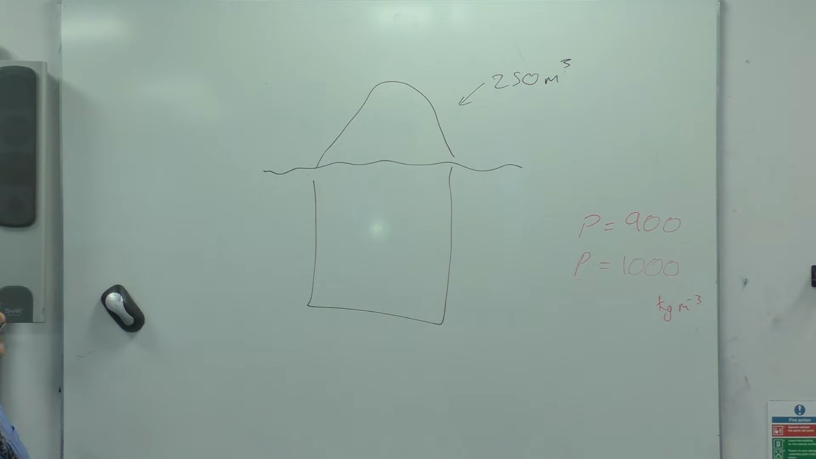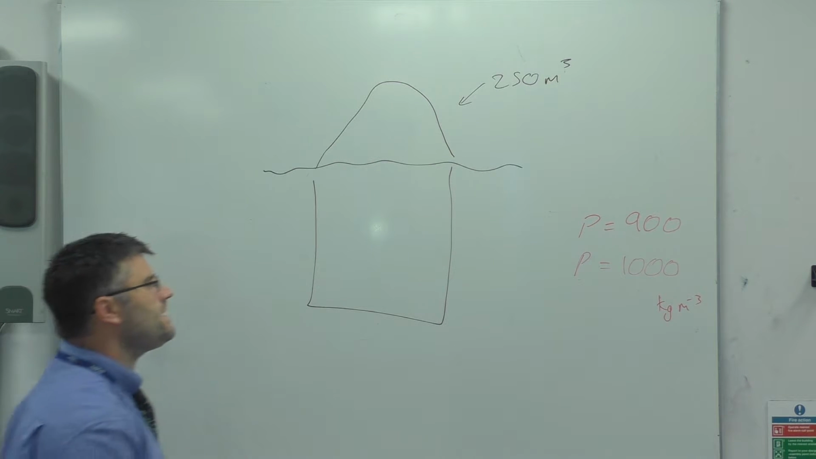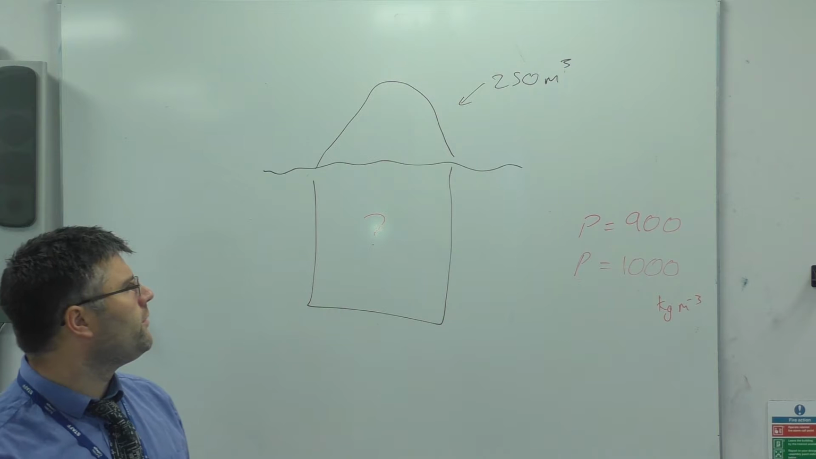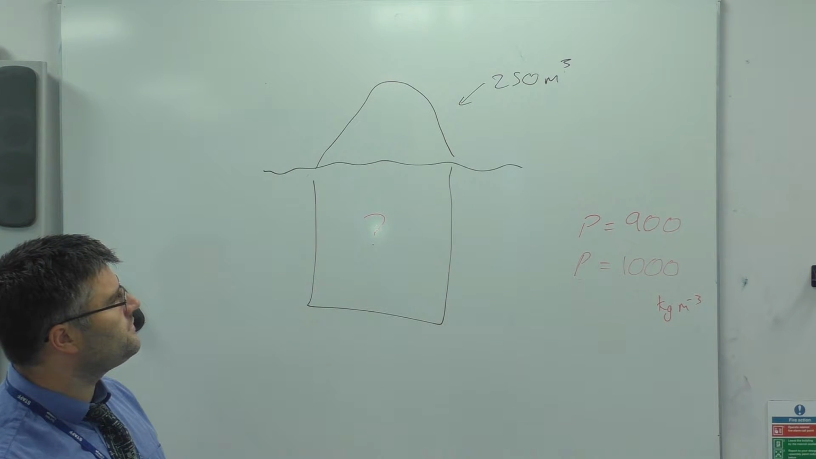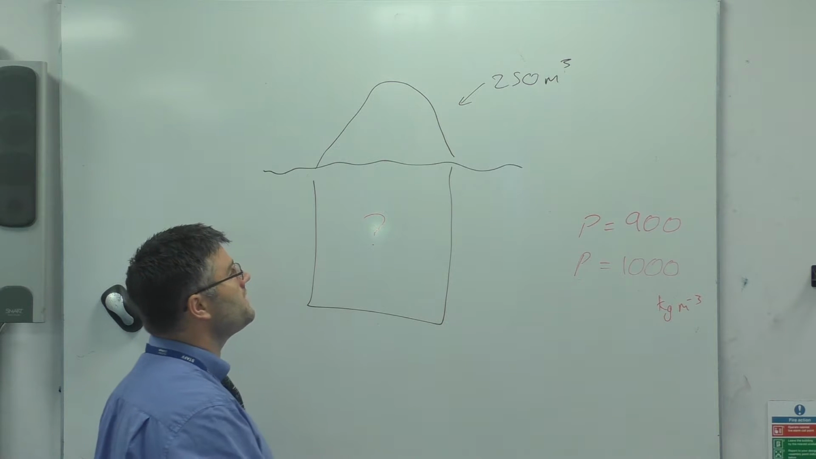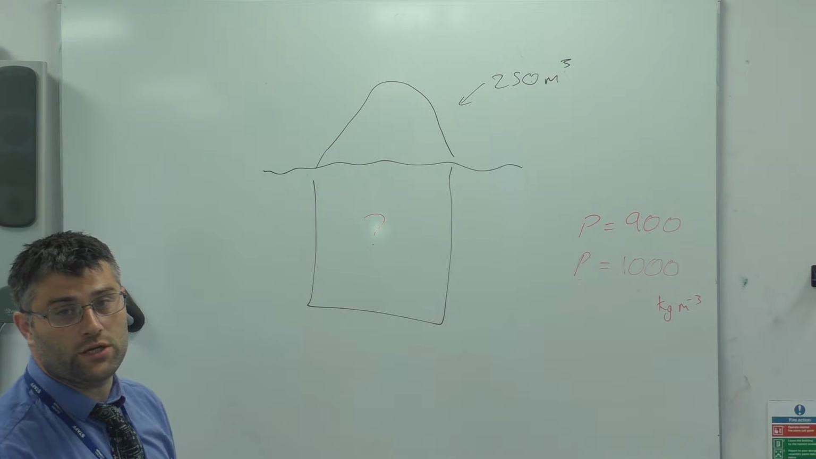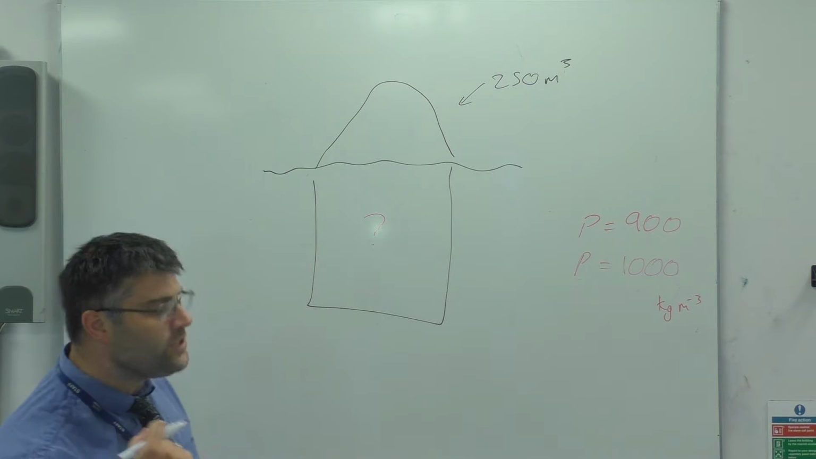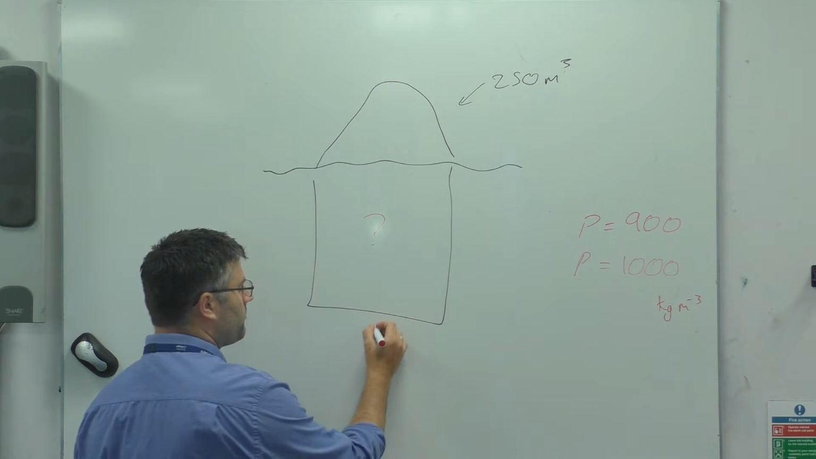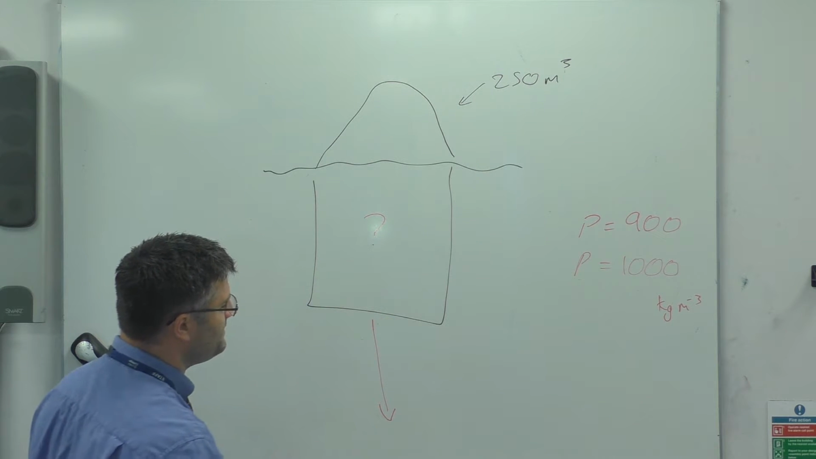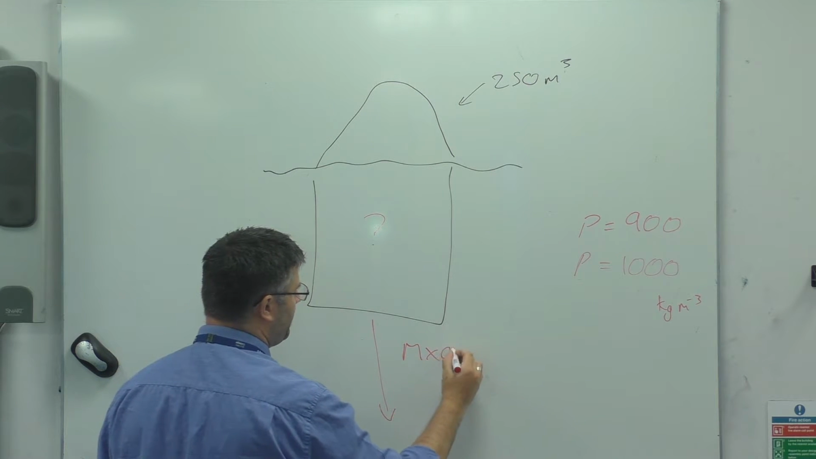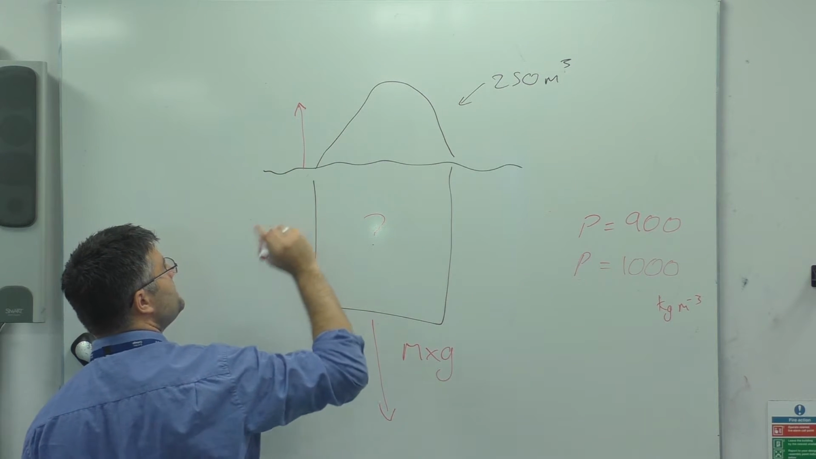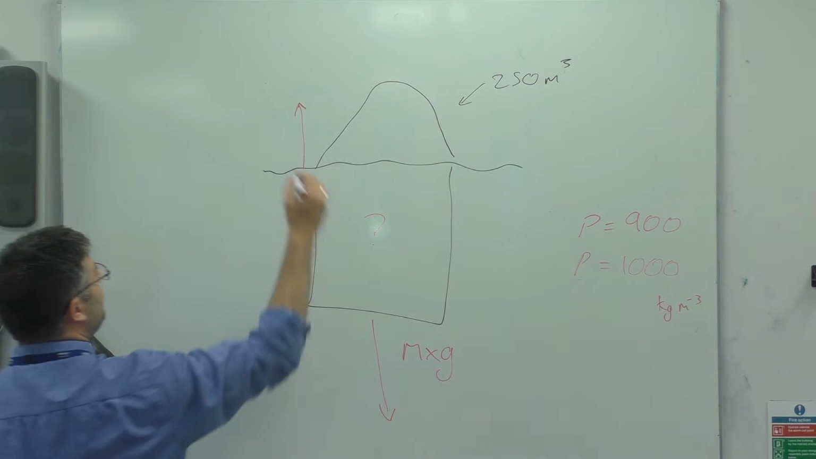So here we are with this problem. We want to work out what is the volume of the iceberg under the water. Well, we know that the volume in total is 250 meters cubed. So let's look at this problem from a forces idea. Now we know that there is a force downwards. And that force is created by mass times gravity. We know that there is a force upwards that's created by the upthrust, and that, from the equation from the